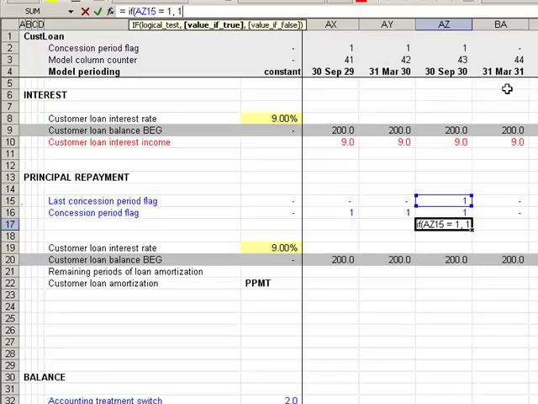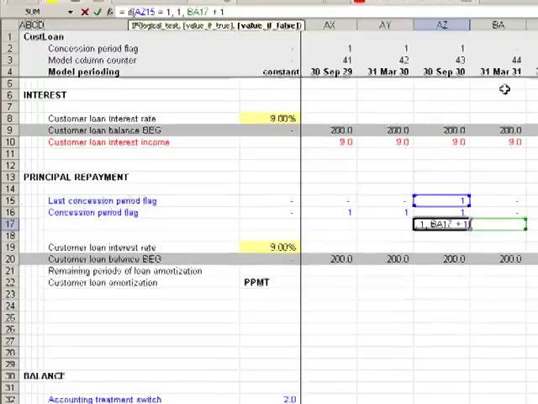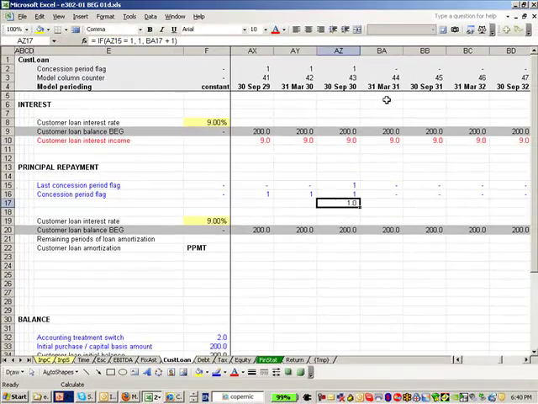The accounting rule under FRS 5, 99%. So if that flag is equal to 1, it'd be 1. Otherwise, what we have is the next calculation plus 1. So we're going to create a reverse counter. And if I copy that